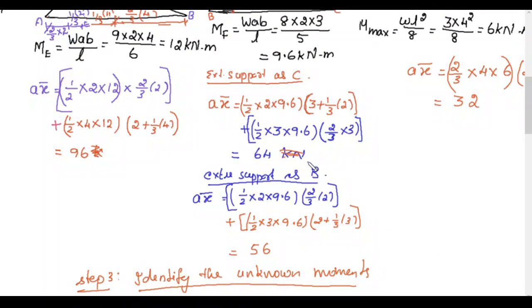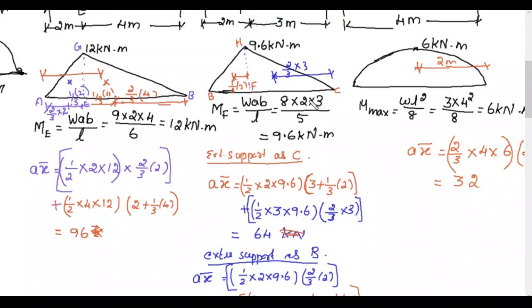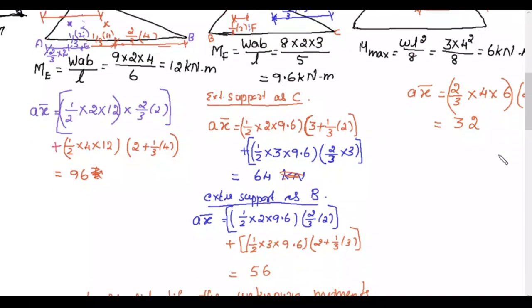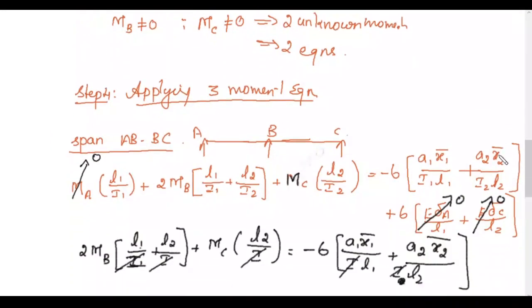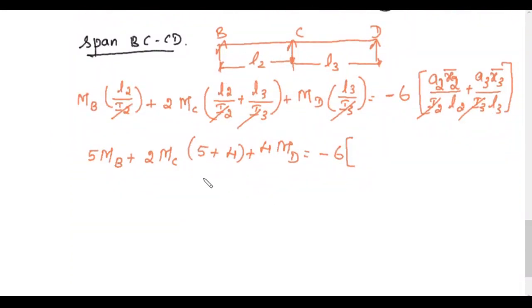When the extreme support is B, the value is 56. And for the span CD, the value is 32. We will substitute 56 and 32, so 56 by L2 is 5, 32 by L3 is 4. So we get the equation as